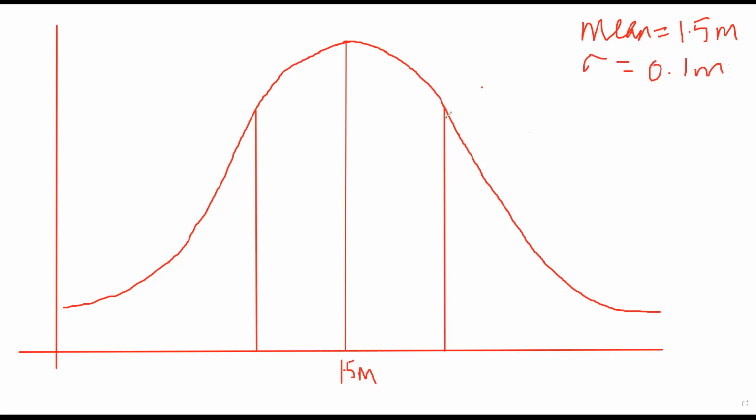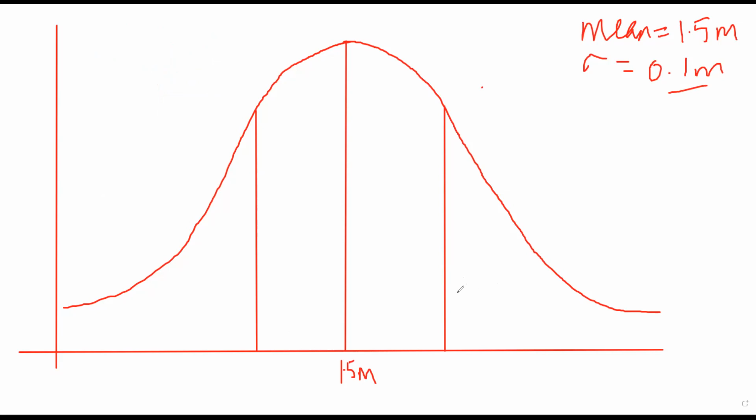Now that means for every one standard deviation, meaning standard deviation can happen. If you remember when I was explaining standard deviation, I told you standard deviation is the average distance between every data point and the mean. So if I take the data like this, अगर अलग अलग data point ऐसा है and this is the mean, the distance between this point and this, the distance between this and this, the distance between this and this will give you standard deviations. ठीक है, what is the deviation from that mean value? ठीक है, so standard deviation is you are taking the average of all those deviations. Now I got the standard deviation as 0.1 meters or 10 centimeters.